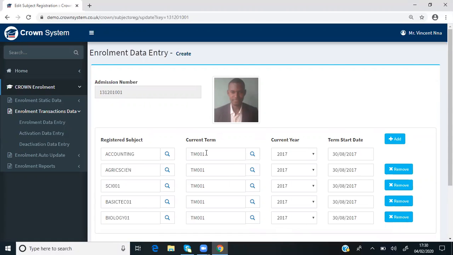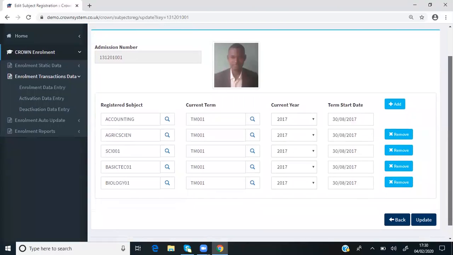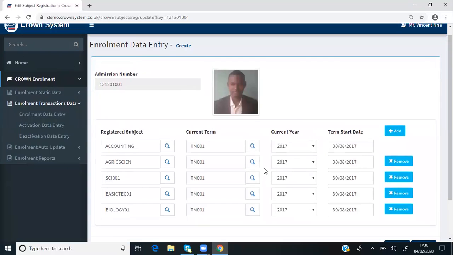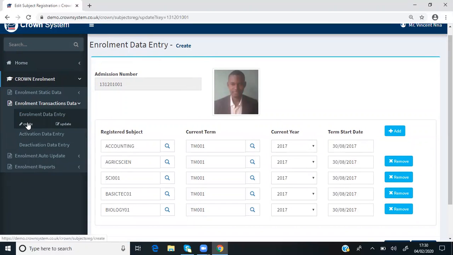You choose the subject, choose the term, choose the current year, and the start date. This one, the system will bring it up automatically. So all this, the system will still bring up automatically. So what you need to do is just fix the subject, fix the term, click on update, then you move over. All right, how do we create this? You come to create,